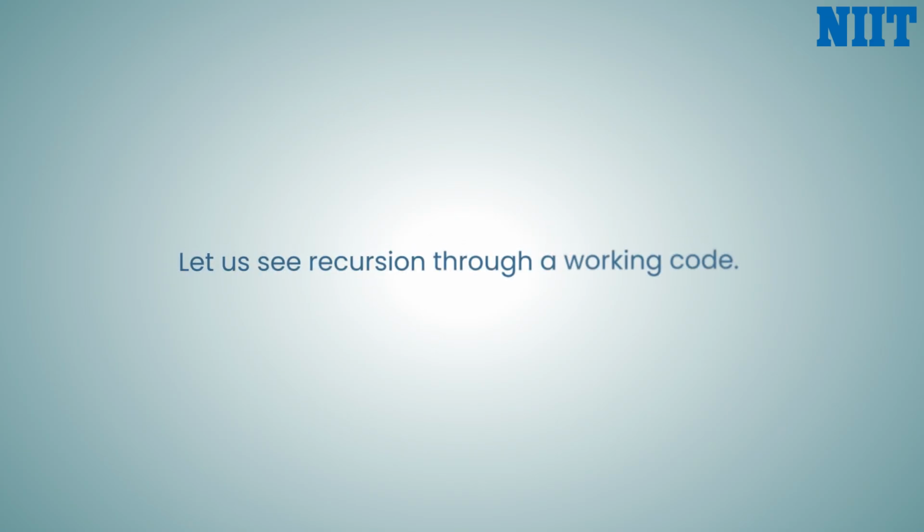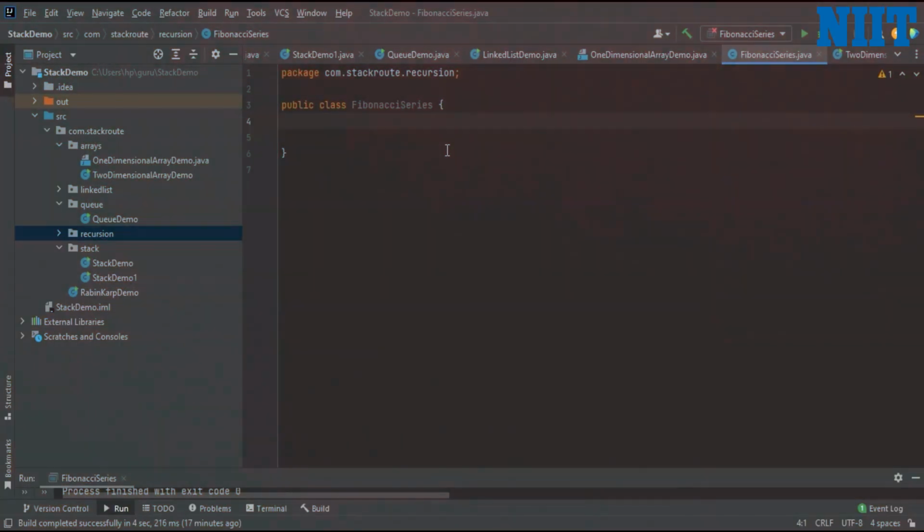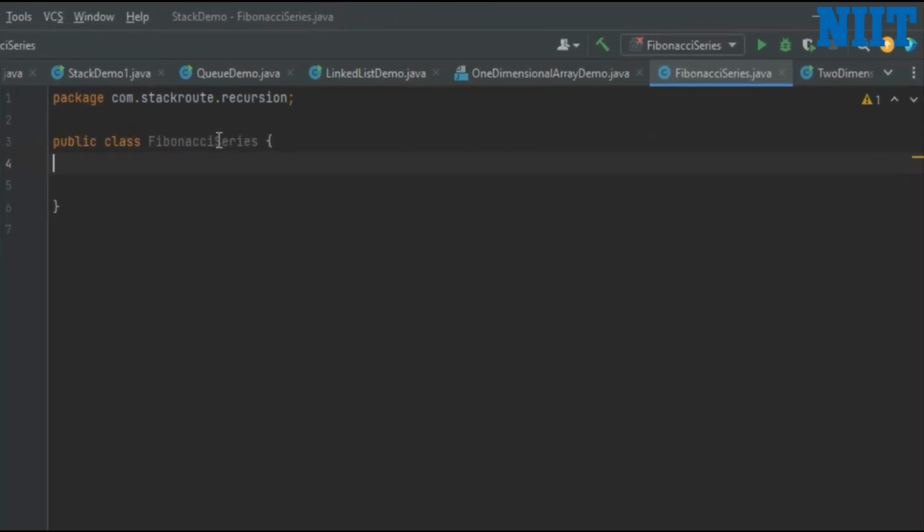Now let us see recursion through a working code. To quickly recall, one of the concepts that we have already done is the Fibonacci series, which is nothing but a sequence of numbers where each number is defined as the sum of the two numbers preceding it. So here I have a Java class created with the name Fibonacci series, and now I'll create one integer method named Fibonacci which will accept one parameter.